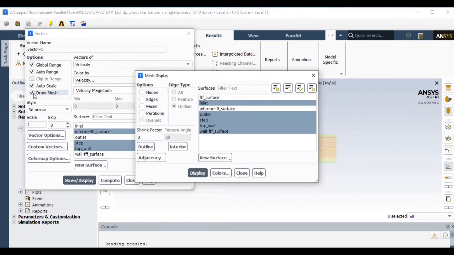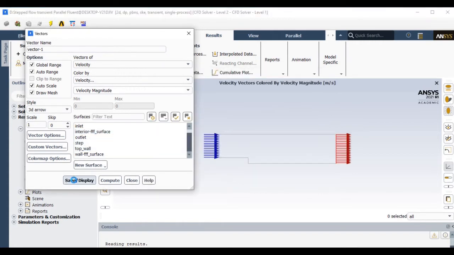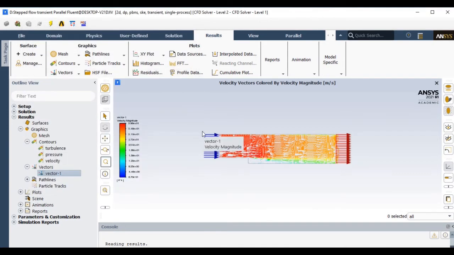Let me refine that. If we enable the mesh, you just click on the raw mesh, and after that if you click on the vector plot, then definitely we can understand easily. You can increase the scale of the vector and the skip of the vector for better understanding. Let me increase the scale.